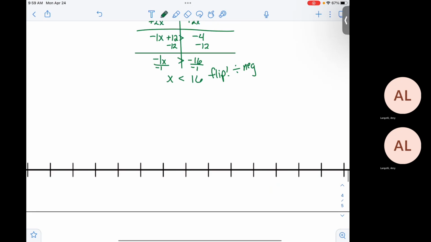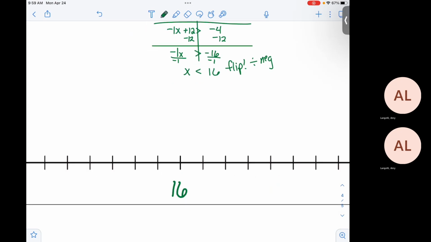Okay. I'll just put 16 in the middle because who cares? Open or closed. And goes to the,